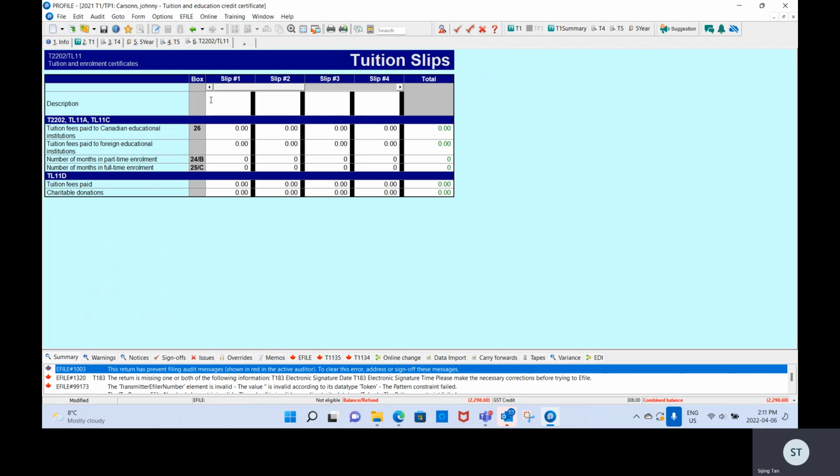We need to put as profile 1, that is the university name. So box 26, that should be your tuition fees paid to a Canadian education institution. So this one will be 616. And then we move on for